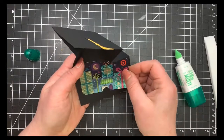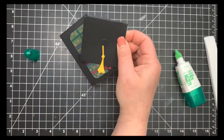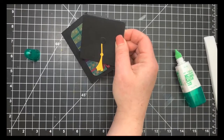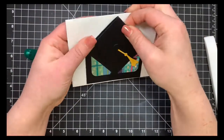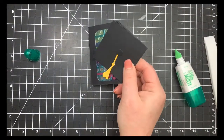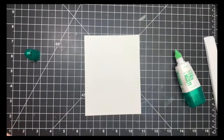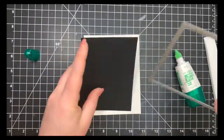And you can see that my gift card slides right in that slot, and it folds over perfectly, and this fits in an A2 size envelope perfectly. But you can also put this on the inside of a card. So I'm going to assemble a very, very quick card. This is not a card tutorial by any means, but I just want to show you what else